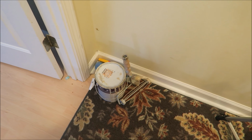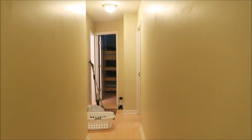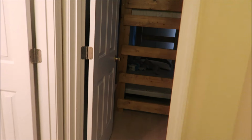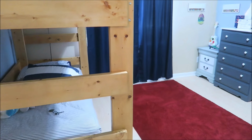All right, we have paint supplies out, which is a good sign. I have my tripod out and we are going to start this project. I'm doing it a kind of weird way. I've been putting it off, but I basically went through my daughter's room, or my girl's room today, and I